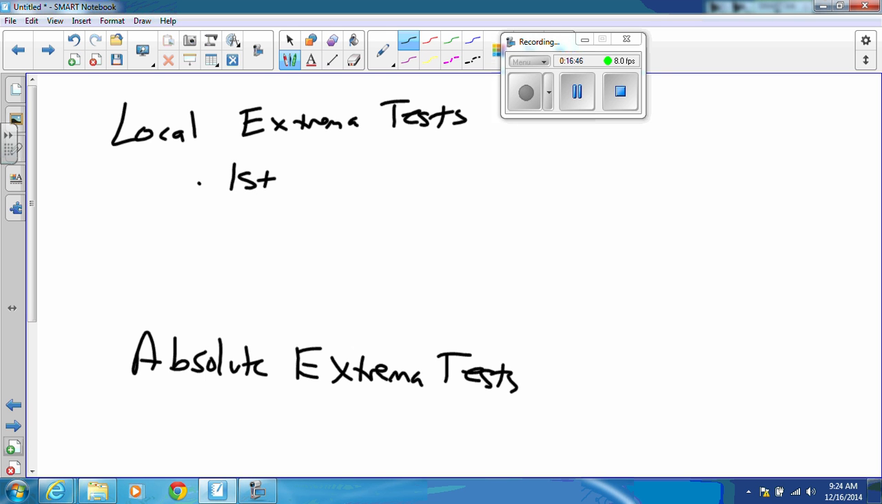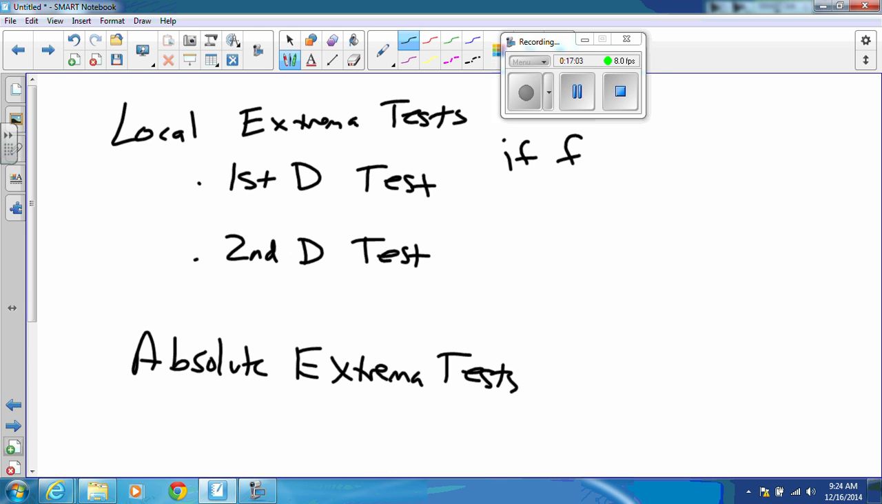So what are my options for local extrema tests? The first derivative test or the second derivative test? And everybody needs to know the strict legal language here. What is the first derivative test? If f prime of x changes signs from plus to minus at x equals c,